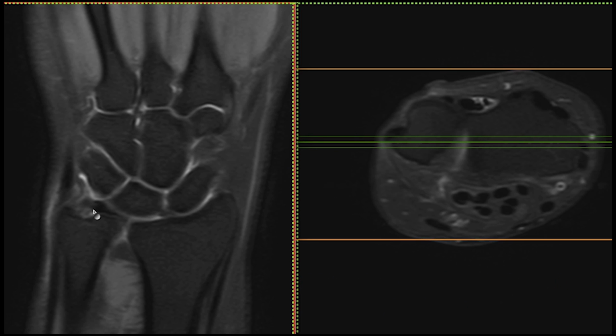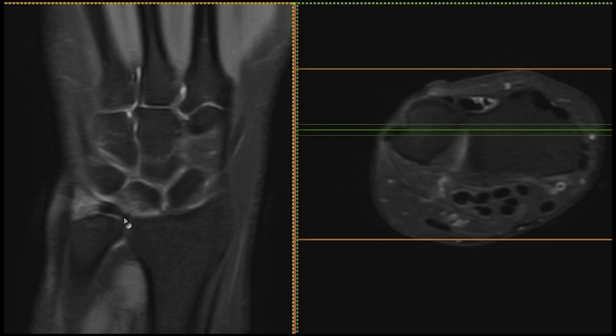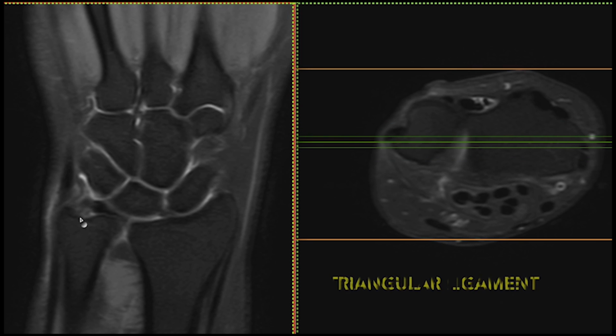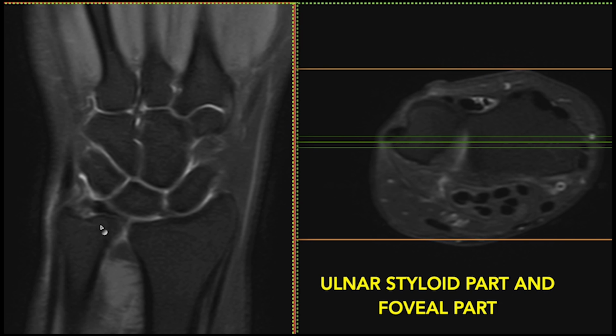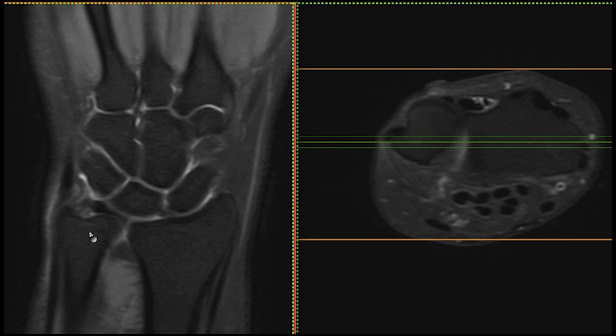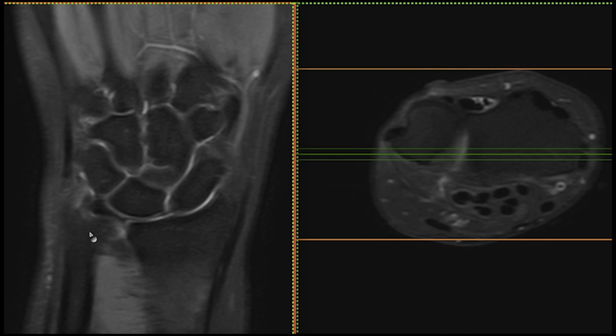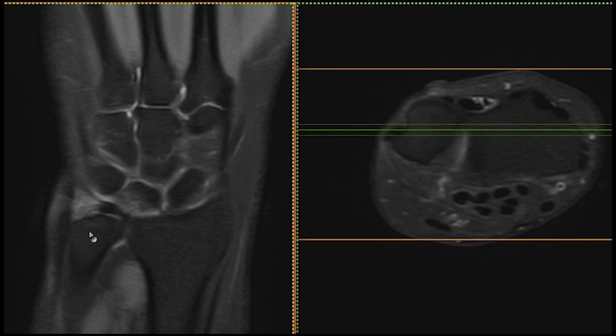So, this structure, this is the main TFC, triangular fibrocartilage or disc. This has both radial attachment and ulnar attachment. This is the radial attachment, which appears reasonably okay, and ulnar attachment has got called triangular ligament, which has got two components, upper component, lower component. Some people describe it as ulnar styloid part and foveal part. Between this, there is a natural gap which should not be interpreted as a tear